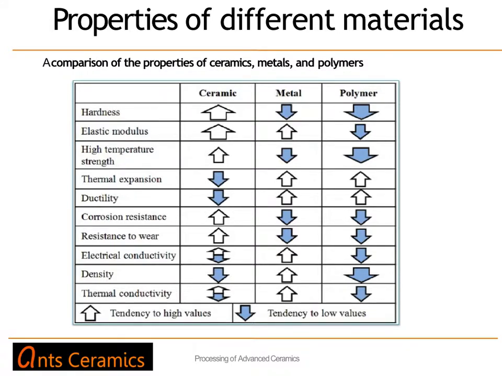So let us look at the property charts of different materials. If we look at the property chart, we find that ceramics have extremely high hardness, extremely high elastic modulus, very high temperature strength, and low thermal expansion. They have very good corrosion resistance and resistance to wear, but poor ductility and